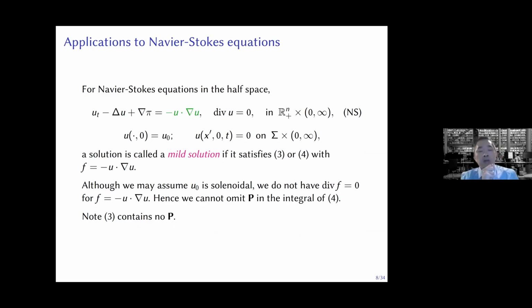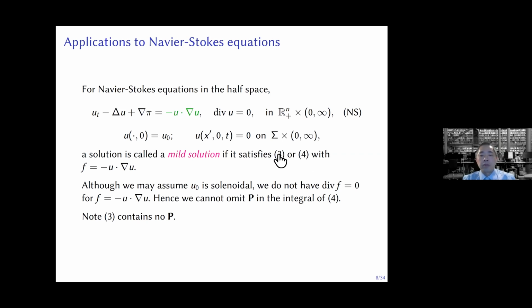And now, for my purpose, I want to consider its applications to Navier-Stokes equations. So usually we write our Navier-Stokes in this form. We move the nonlinearity u dot gradient u to the right-hand side. And a solution is called a mild solution if it satisfies (3) or (4) with this thing as the source term